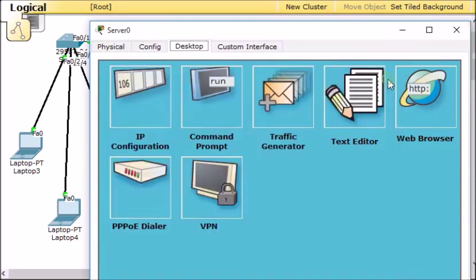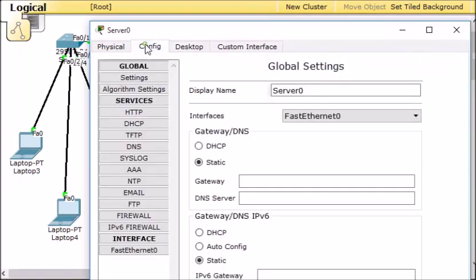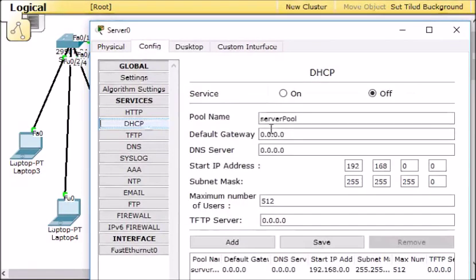I will go to config, where I will do the DHCP, that is Dynamic Host Configuration Protocol. This is a protocol that provides IP addresses dynamically to all the devices.